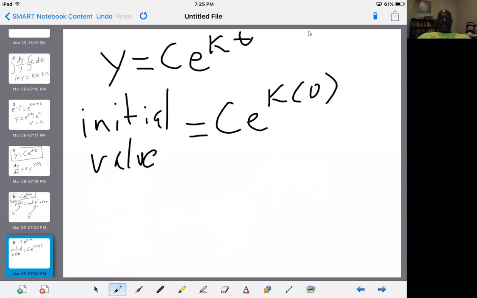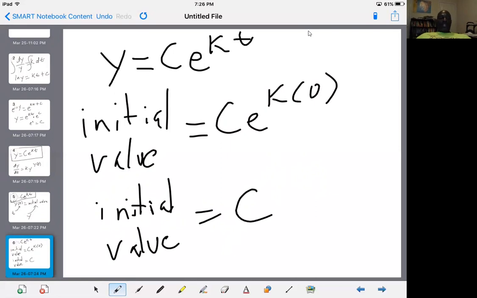So k times 0, of course, is 0. E to the power of 0, of course, is 1. And c times 1, of course, is c. So what ends up happening is c equals the initial value. So in this solution up here,